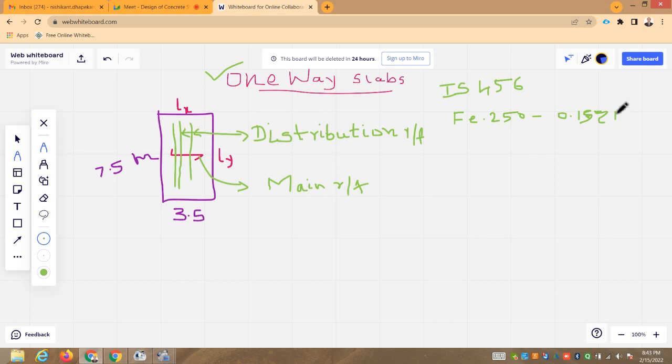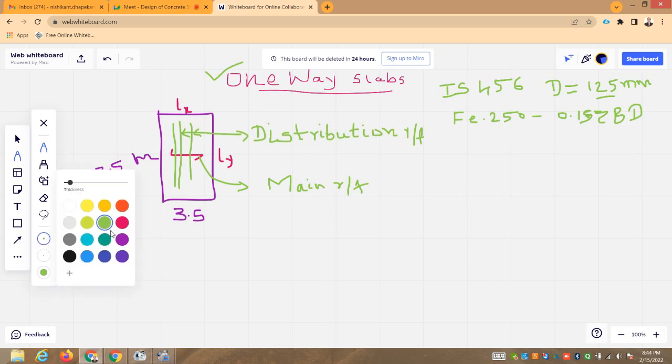So this is your width and this is your overall depth. Overall depth is equal to effective depth plus effective cover. Now let us assume that the overall depth is, suppose, 125 millimeters. So in case of Fe250, it is 0.15% of BD, and if it is high yield strength deformed bars like